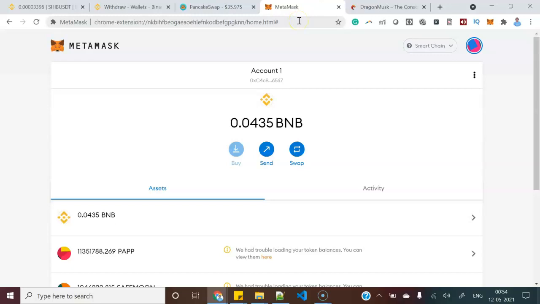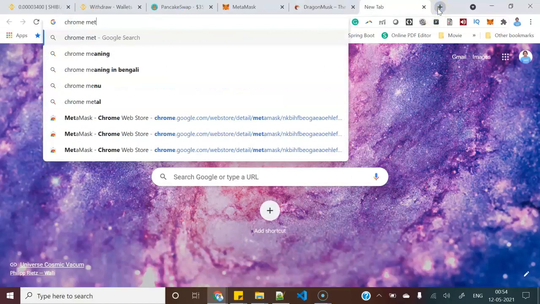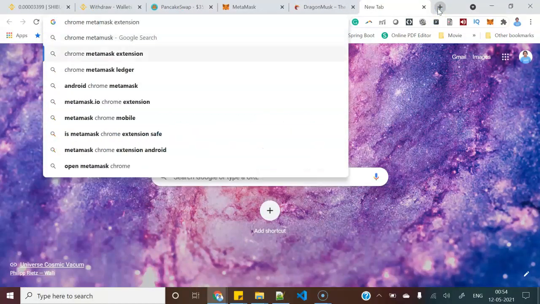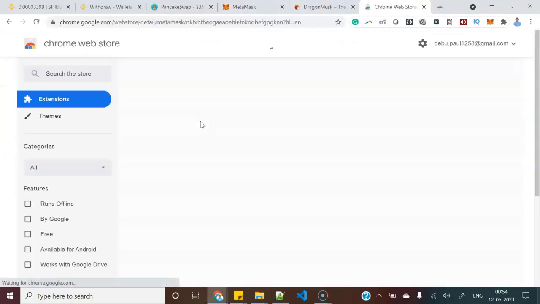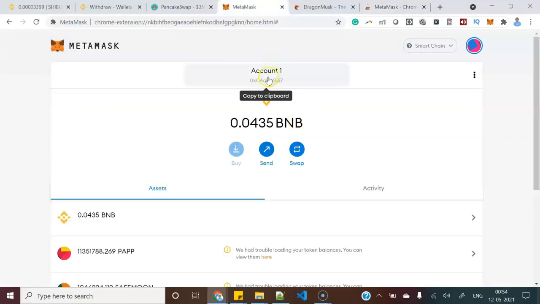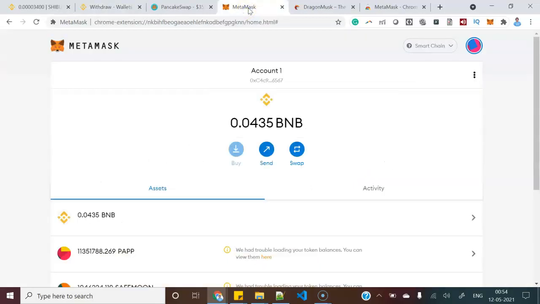That is simple. You should search in Chrome for the MetaMask wallet extension. Once you download it into your Chrome extensions, you will get an option to sign up for that wallet. Once you sign up, you will have a unique address, then you will withdraw the Binance coin from your actual exchange, in our case from Binance to MetaMask wallet. So that is the preliminary step.